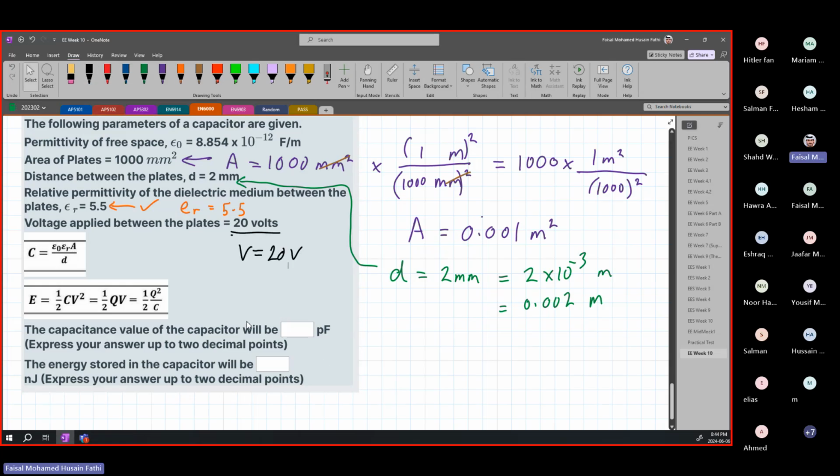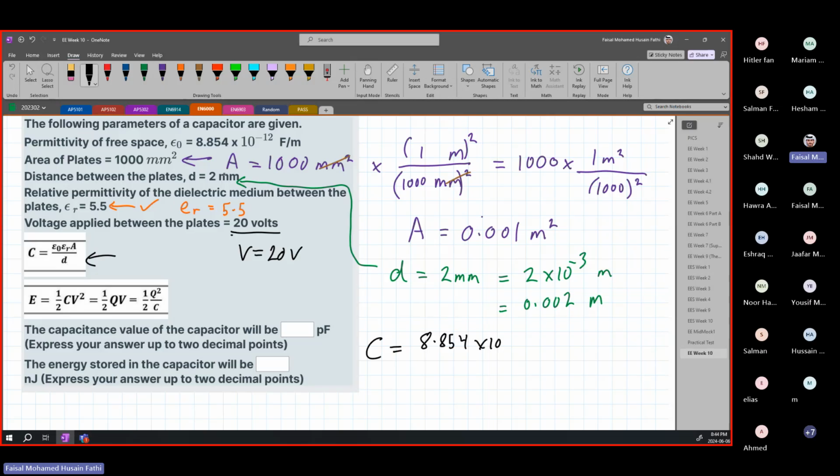So what does the question want? The capacitance value. Very simply, C is equal to, the equation is already over here. You just plug in your values. So E0 is 8.854 times 10 to the negative 12, times ER. So E0 is done. ER is 5.5